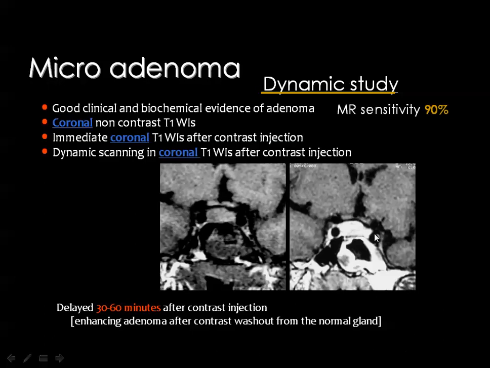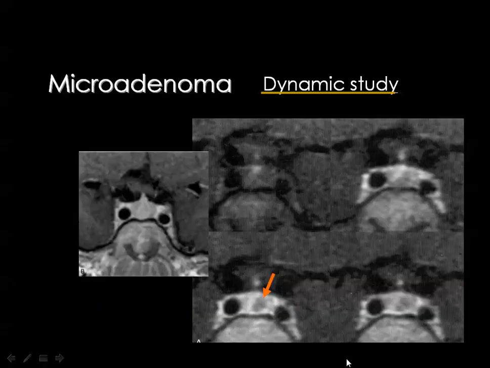And this is the usual study. We have the pre-contrast, before we inject contrast, and we have the scan post-contrast. If these scans are not in the dynamic phase, you get homogeneous enhancement of the pituitary gland, and you cannot discriminate a lesion within the pituitary gland. But if you look here,